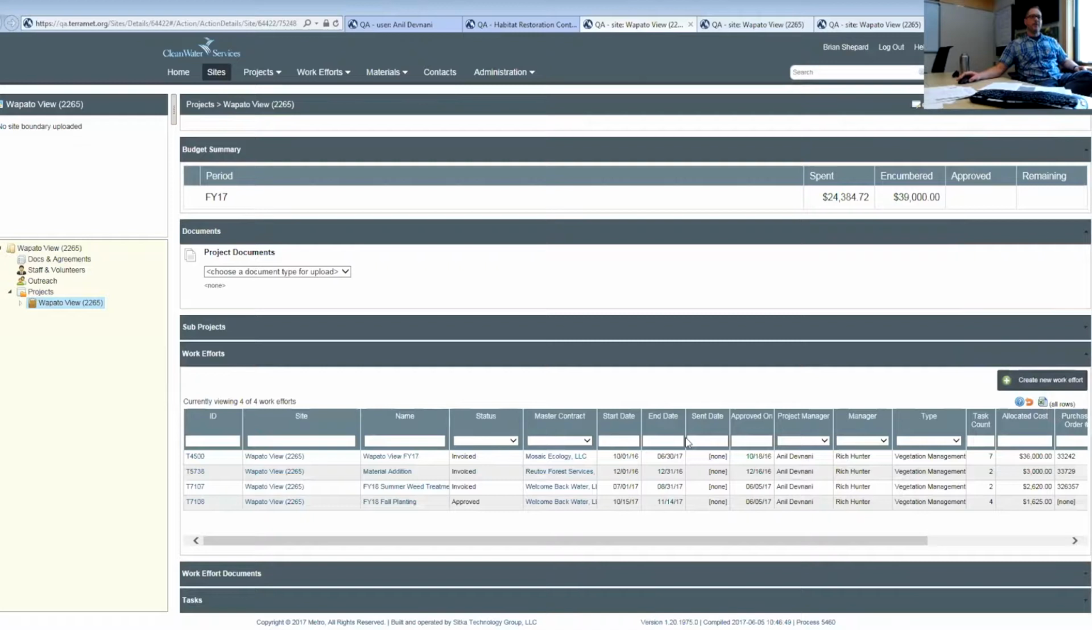Getting down to the work efforts, you can see that for this project, we've got 4 work efforts put in the system currently. You can see start and end dates, who the contractor's with, the status of all of those, who the manager is, when it was approved, and a tremendous amount of overview information about all the work efforts that we've done for a particular project, consolidated into a nice, neat area within the system. I'll dig into a couple of these that we prepared for the demo